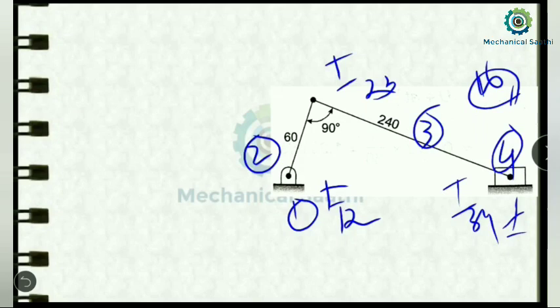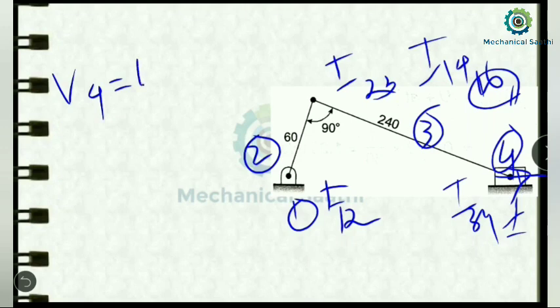I14 will be somewhere at infinity because your slider is sliding, so it will be perpendicular to the fixed plane. Okay, so we need to find the velocity of link 4. We need to calculate v4, and that can be calculated by omega 2 into I, the distance between these two links.